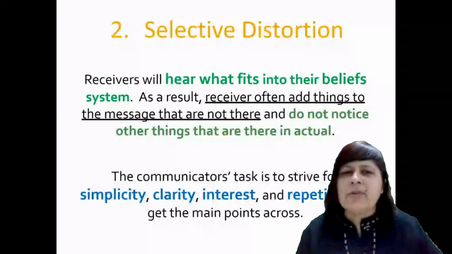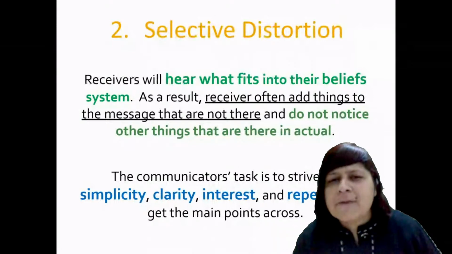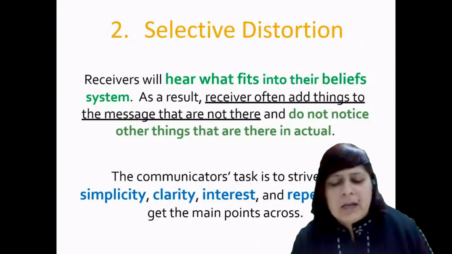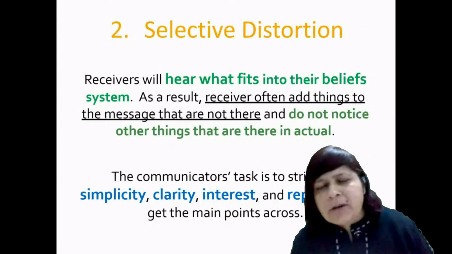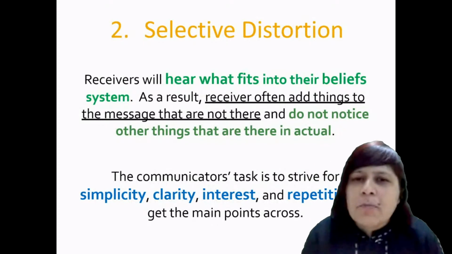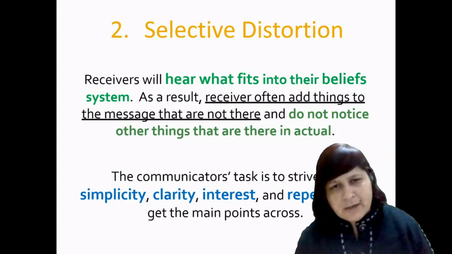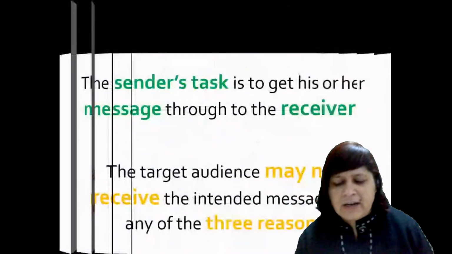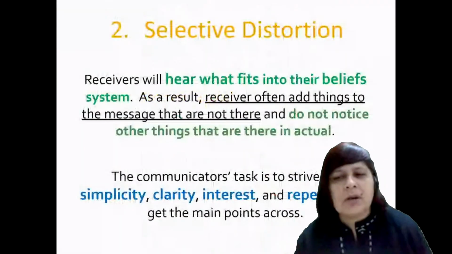It is not the responsibility of the receiver; they will receive according to the perception, according to the belief system of the target audience. So it is the responsibility of the communicator that the message should be simple, clear, interesting, and there should be repetition. They should stick to the main point, they should stick to the focus, right? So selective distortion: because of selective attention, the audience may not receive the intended message. The third is